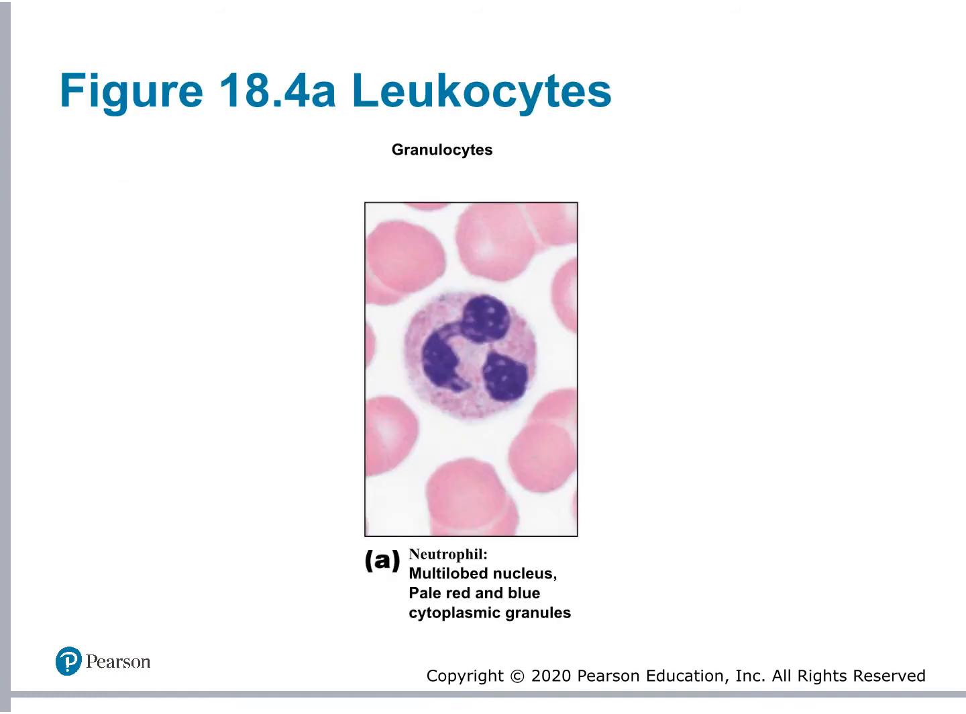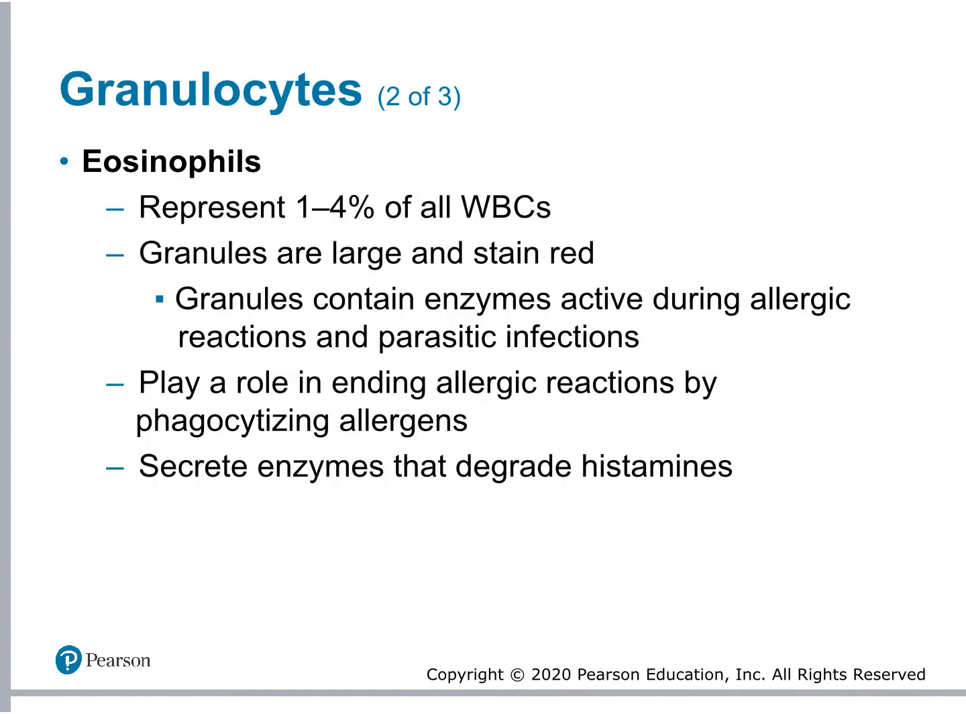This is what a neutrophil looks like underneath the microscope. You see it has different lobes to it. There are granules in the cytoplasm, but they don't stain a particular color. And then we have eosinophils. Eosinophils have granules that stain red. And you're going to find elevated eosinophils if you have an allergic reaction and if you're fighting some sort of parasitic infection. So if you have a parasitic infection, your eosinophil count will be high,